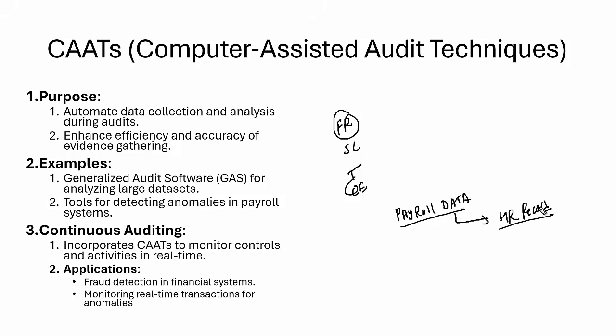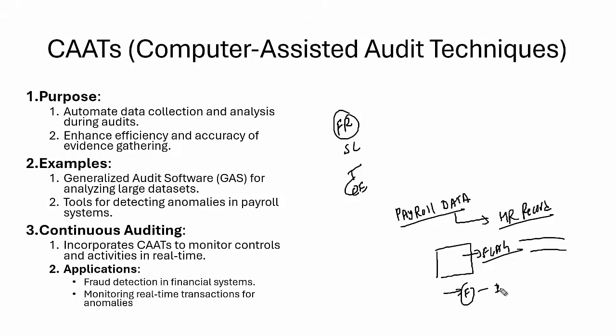Okay, so I will use a CAT software system. It flags all the employees receiving payment without matching a HR record. All the records coming in, they will verify which payments are coming without matching a HR record. This way, investigations reveal the fake employees created by the insider for payroll fraud.